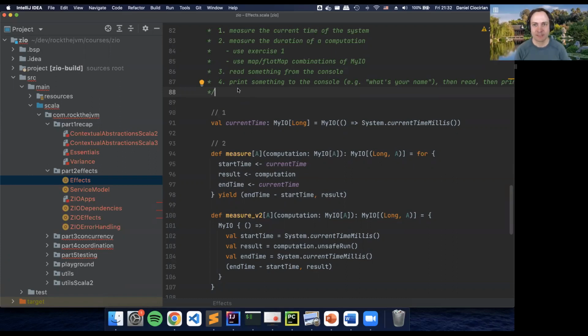So yeah, I do intend to cover Zio in a wider scope with some kind of real life project that people can build from scratch. The goal of this course is to give you all the essential tools to work with the Zio core library and just master it and just read any code that has Zio in it. And in the future, I'm probably going to do something more project based.